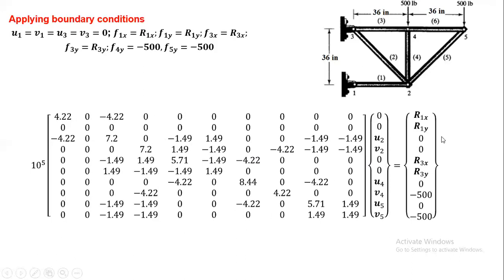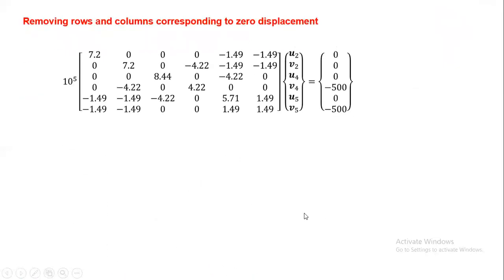On the right side also you remove the same things. That means you remove the first row, second row, fifth row and sixth row, and write the remaining matrix. Now how can you write the remaining matrix? You see here, I have removed the first row, second row, first column, second column, fifth row and fifth column. And from that also I have removed the first row and second row and fifth row and sixth row. Okay, and you will get the remaining matrix.